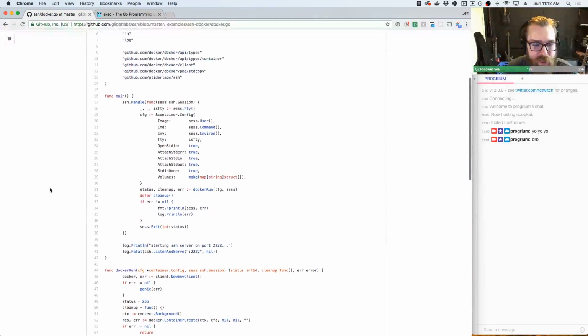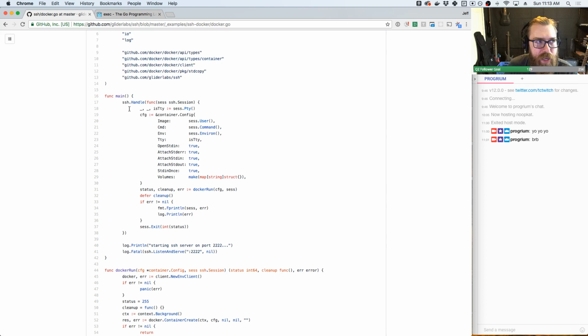And so this is kind of what I want to use to figure this out. And then what we figure out here should also work for Exec. So in theory, we could create an SSH server that generically